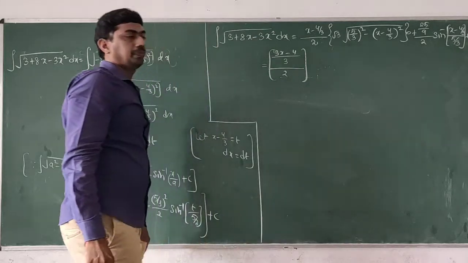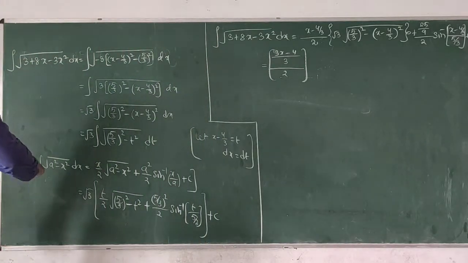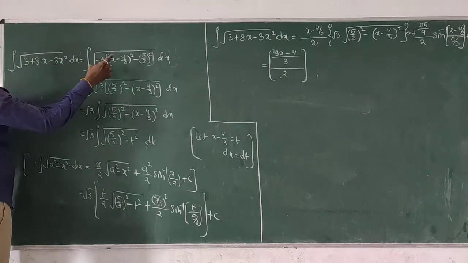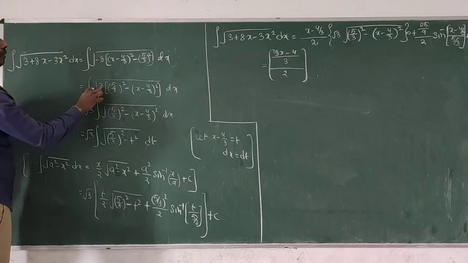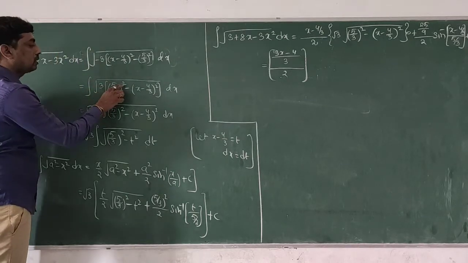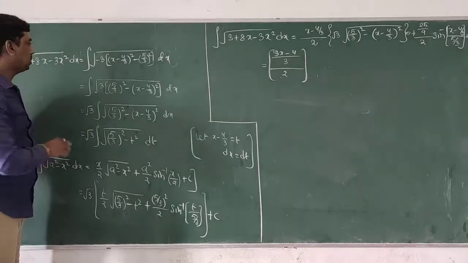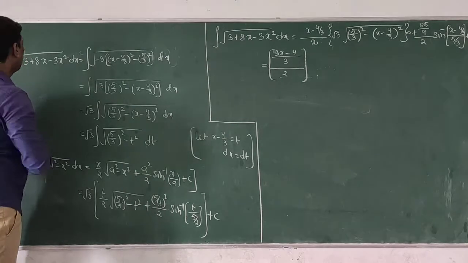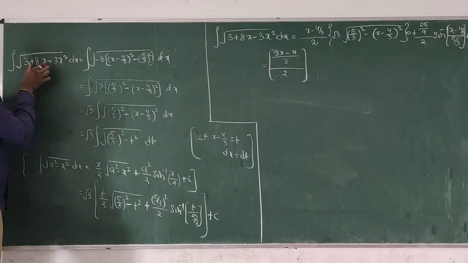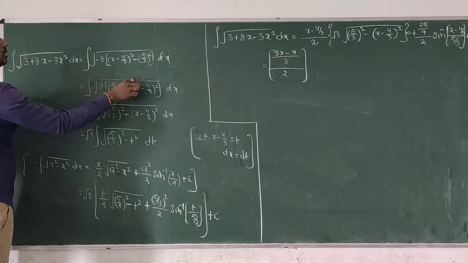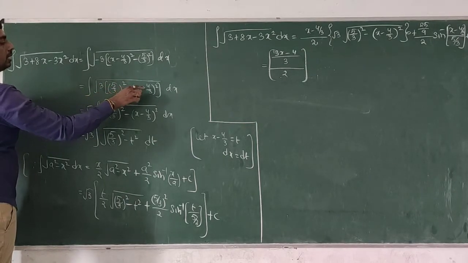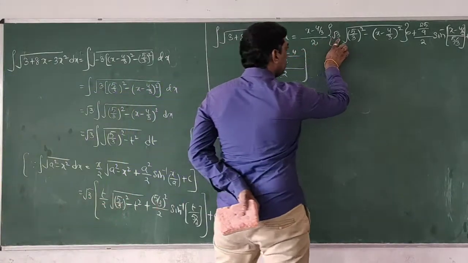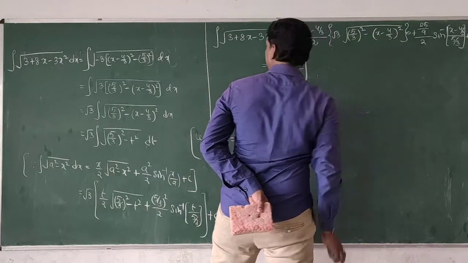Here important. What is important here? Here, if we reduce 3 plus 8x minus 3x square, then that can be written as minus 3 into, that can be written as 3 into 5 by 3 whole square minus x minus 4 by 3 whole square. Just observe these two terms. Here, integration not completed. So what is the meaning of these two terms? This total square root is equal to square root of 3 into 5 by 3 whole square minus x minus 4 by 3 whole square. Understood? That's why this is root 3 into square root of 5 by 3 whole square minus x minus 4 by 3.